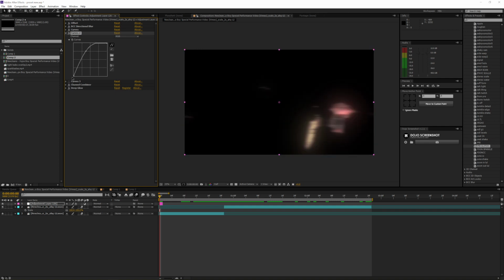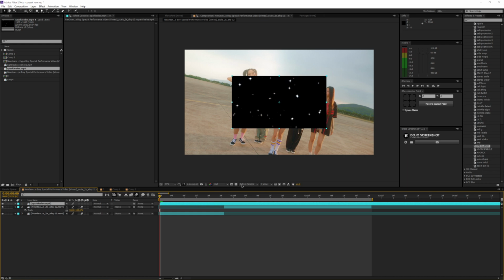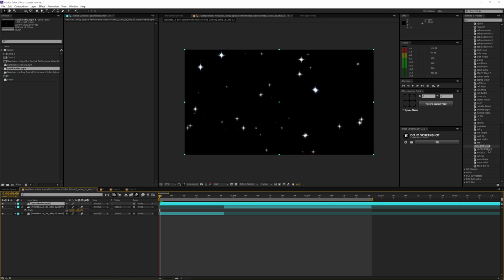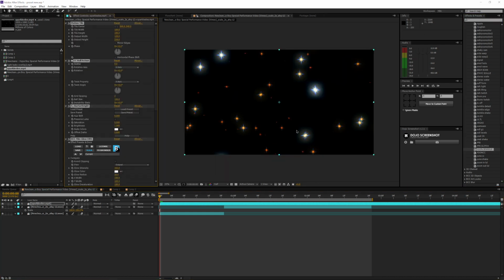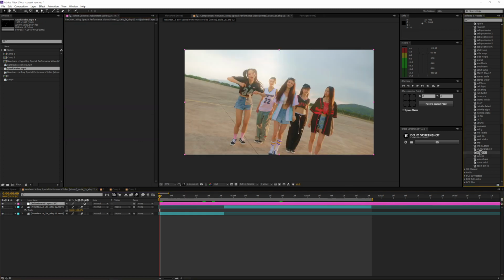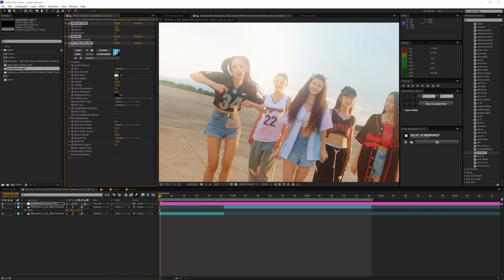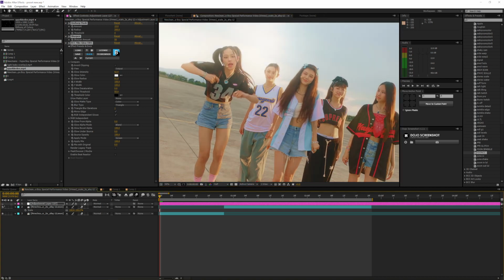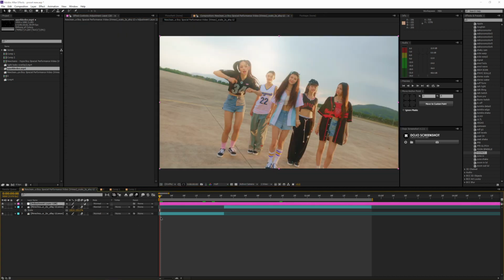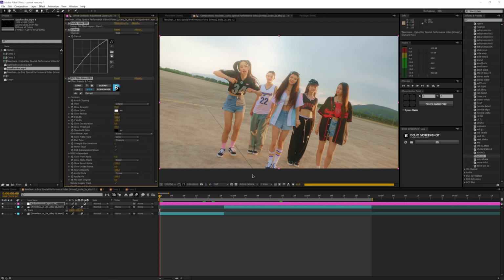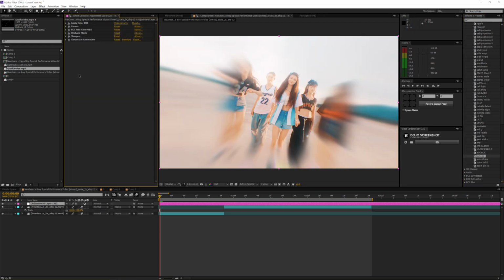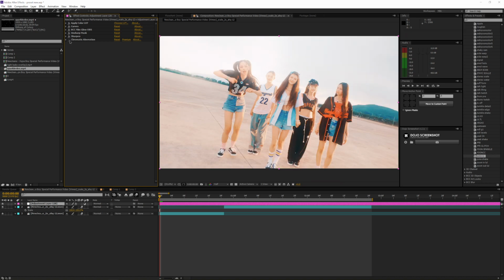and you can play with the curves depending on the brightness of your clip. Yoon Sparkle, I think this is just another thing I put on some of my sparkle overlays. Yeah, it looks the same to be honest. Yoon CC, color correction, simple, gives it a little glow. Yuna CC, color correction. I made this one in a square aspect ratio, so the chromatic aberration is a little much, but